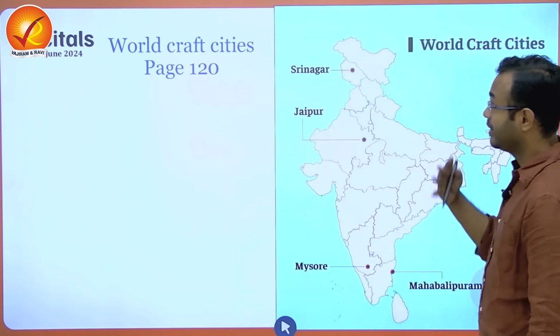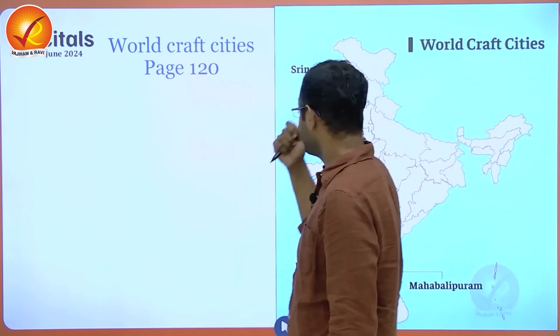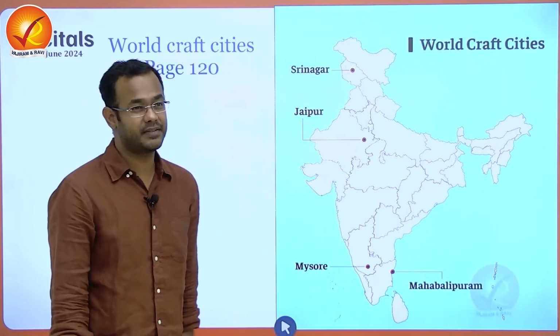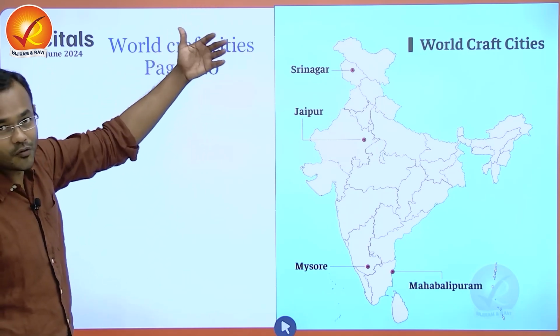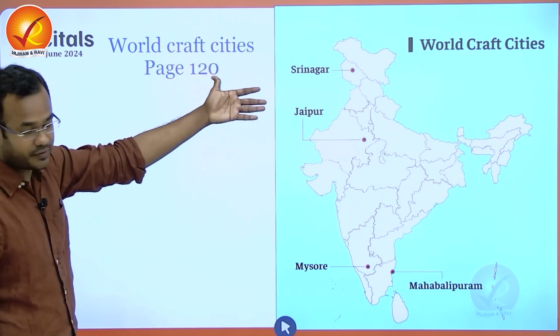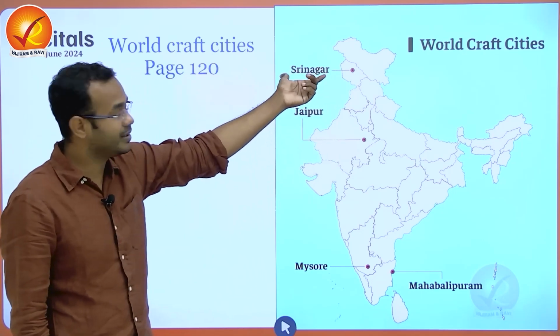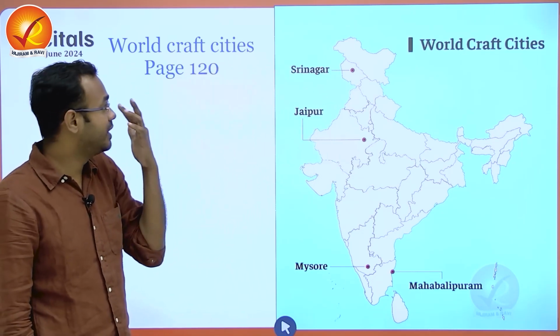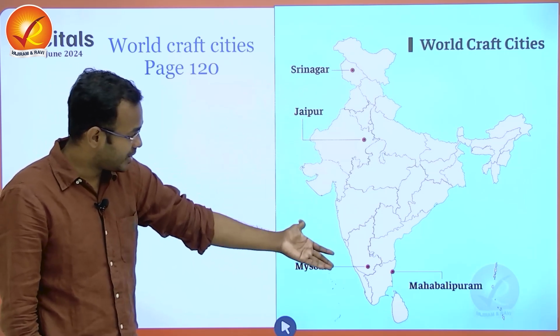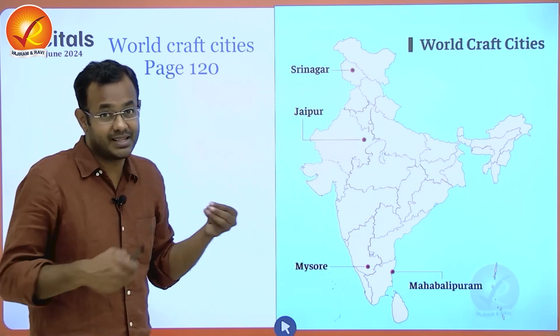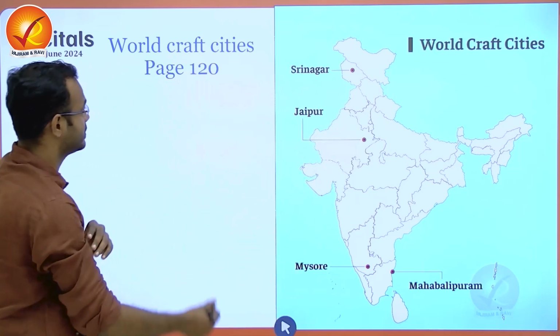Moving on to the next topic, where a recognition of World Craft City has been provided with respect to Srinagar, right? So we'll look into all the 4 World Craft Cities and we'll look into the geography of it. For example, Jaipur has blue pottery. Srinagar has a large number of handicrafts like paper mache and shawls. We do have Mahabalipuram and Mysore. Mysore has silk, Mysore has sandal soaps, all those things. Srinagar